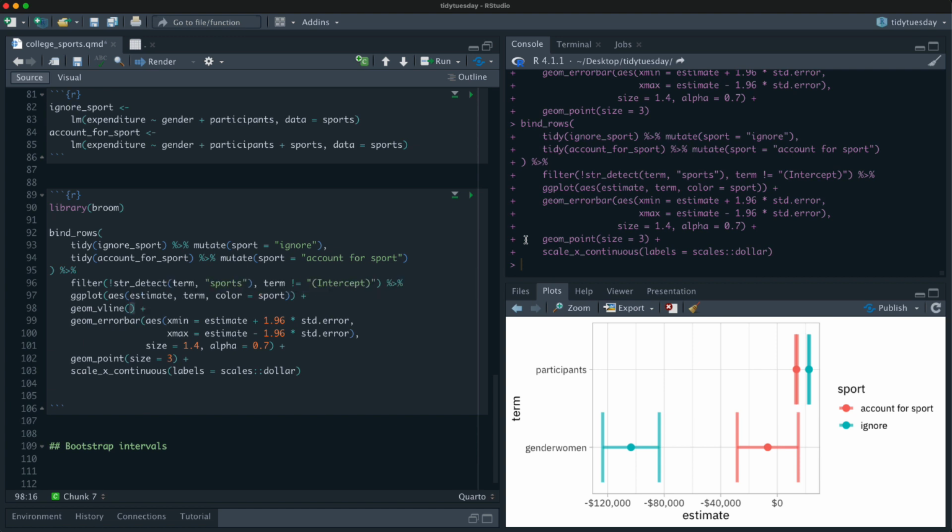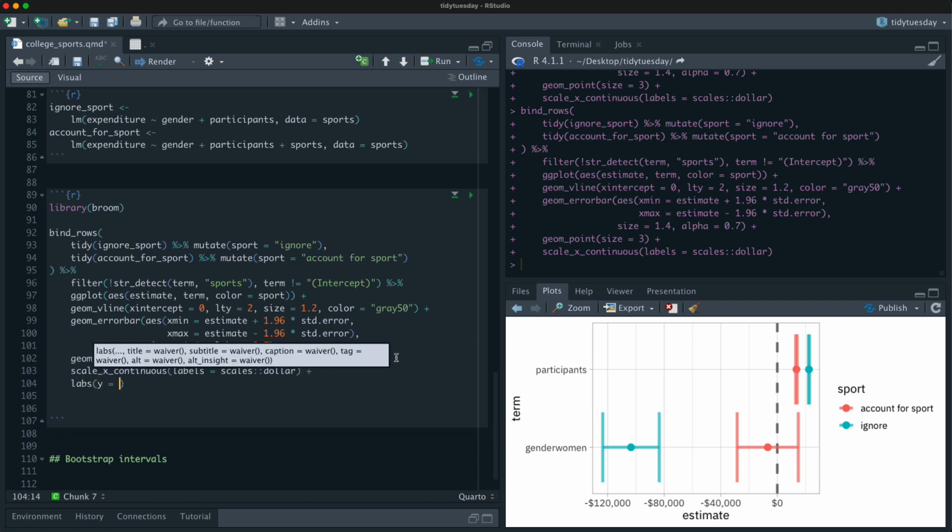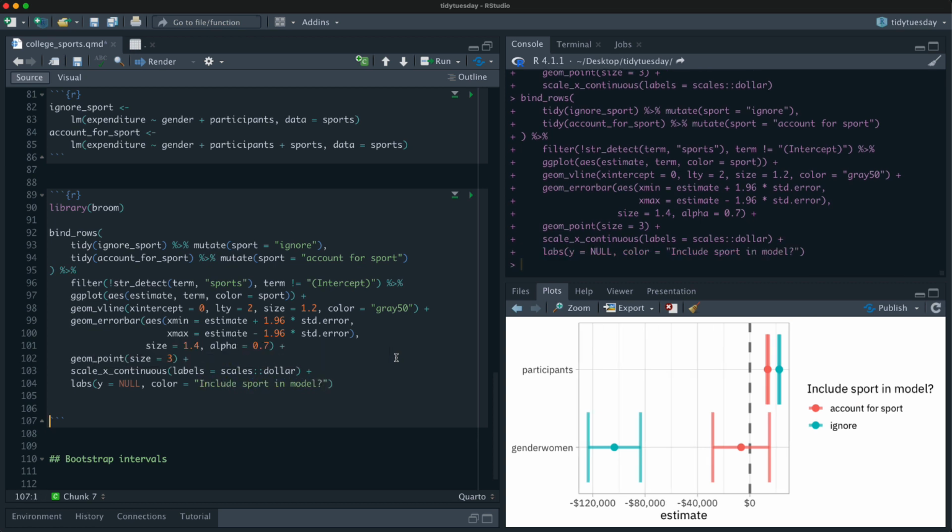So the x-intercept is 0, like that. Okay, so that tells us where no effect is. So participants is on the y, and color null. Then we said, so we could do something like this, like include sport in model, like so.